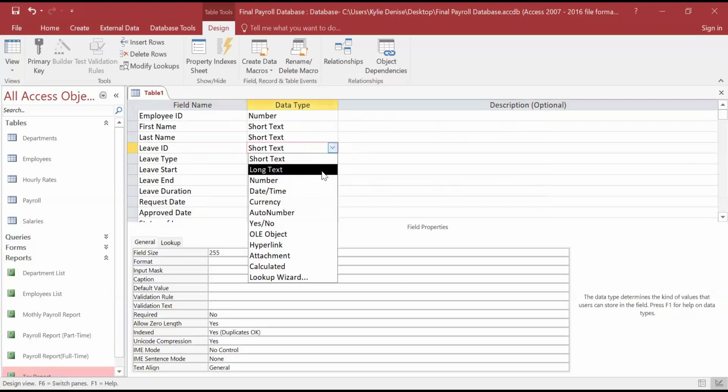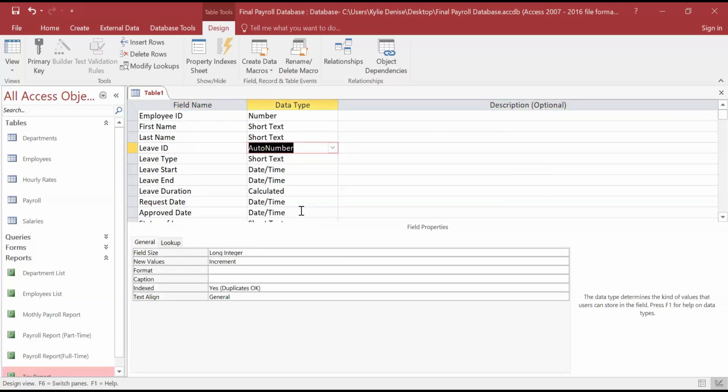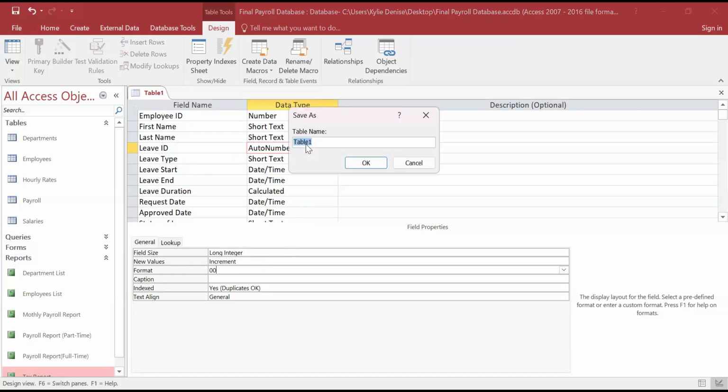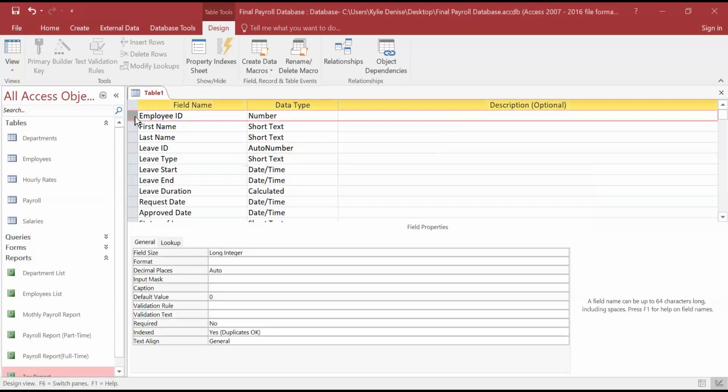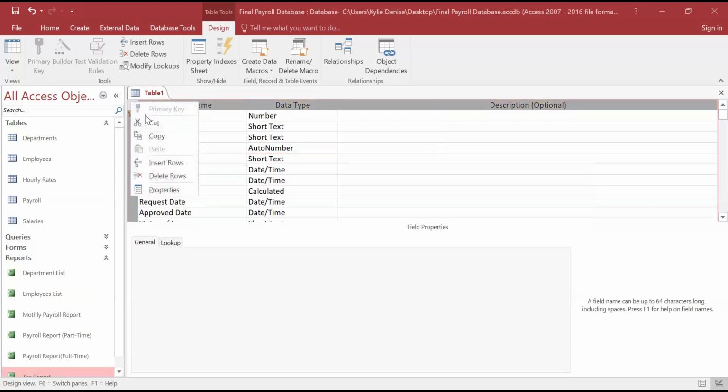Let's say I want to make it two digits. So save. Leave request form, let's say. We need to set the primary key. Yes.